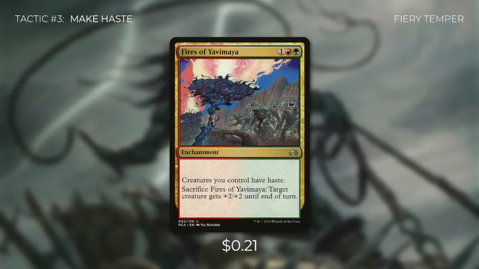First up, there's Fires of Yavimaya, which is an enchantment that says creatures you control have haste, and then you can sacrifice it to give target creature +2/+2 until the end of the turn. Giving our creatures haste is a huge deal for this deck. When we're putting mana into a creature, we expect to get some of that mana back as we swing out with them. By giving our creatures haste, we're going to get some of that mana back right away that we can then use to cast more